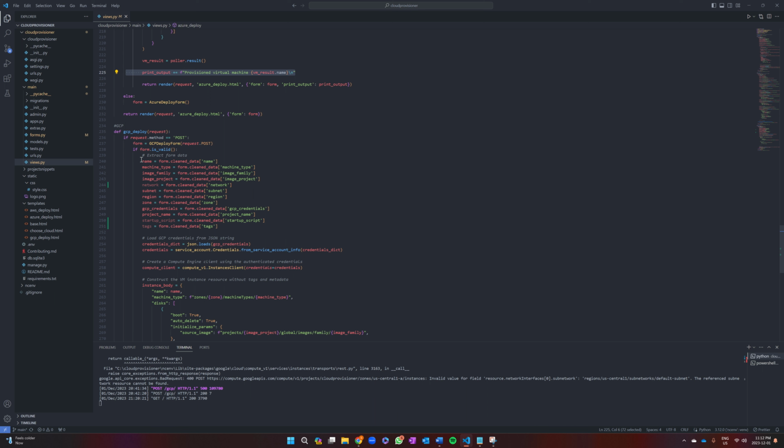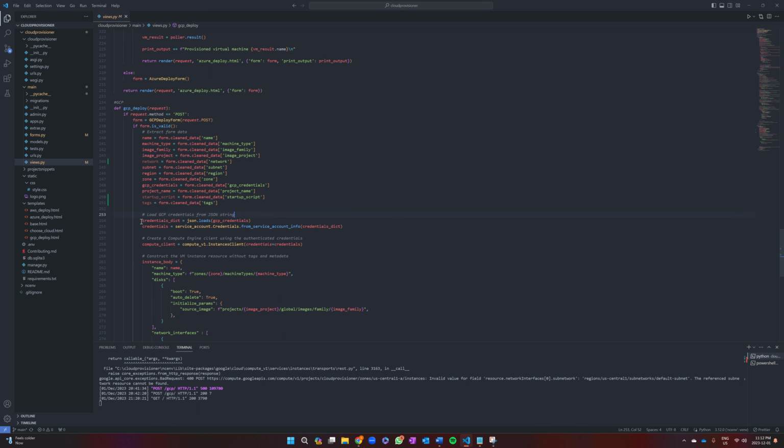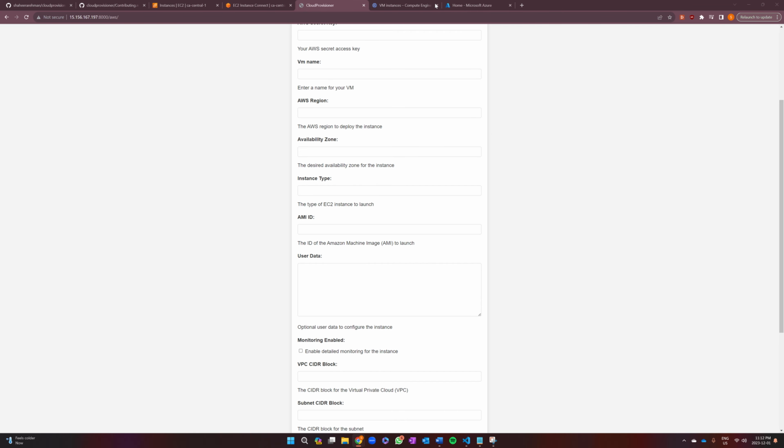So very similar for GCP. It's all very similar. Again, it takes them from the form fields, then it uses the credential, and then it submits. One important thing for the GCP is that it does not take credentials like hashed credentials. It does not. It takes a JSON document. You can find this on, so if I go to